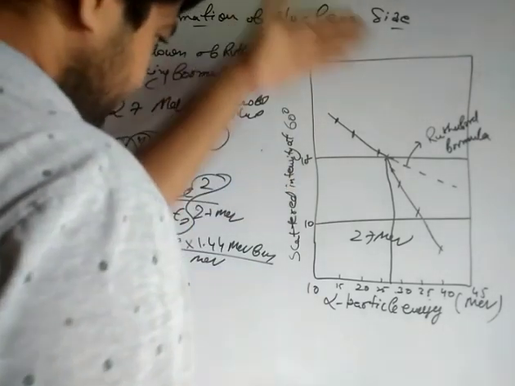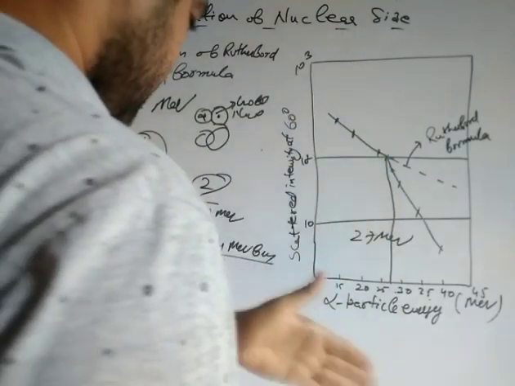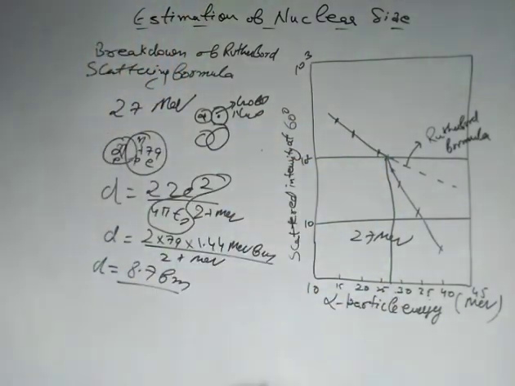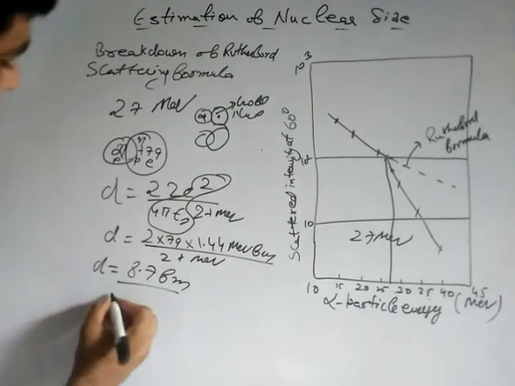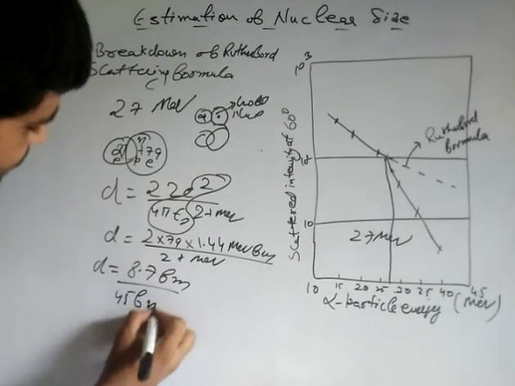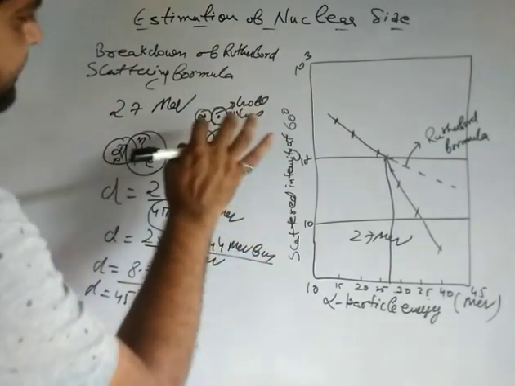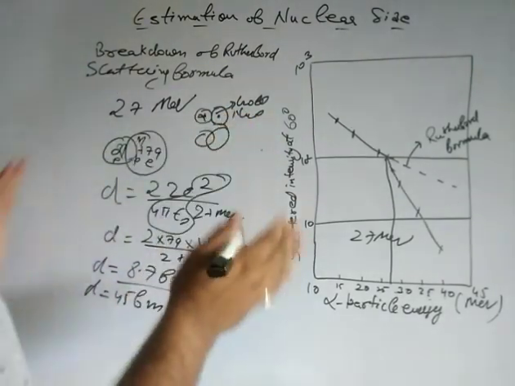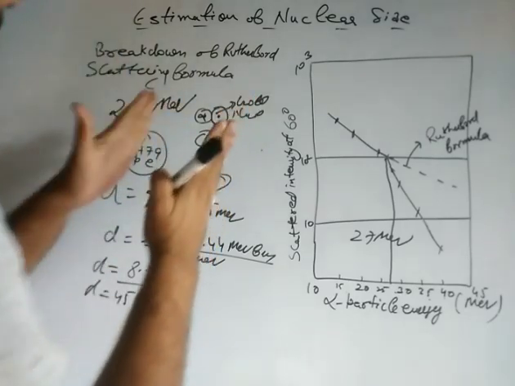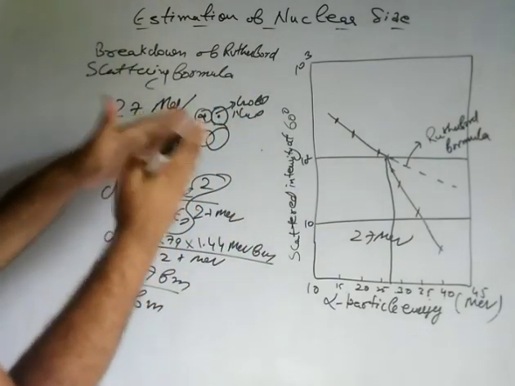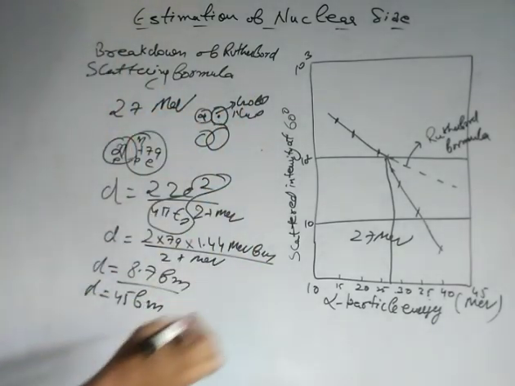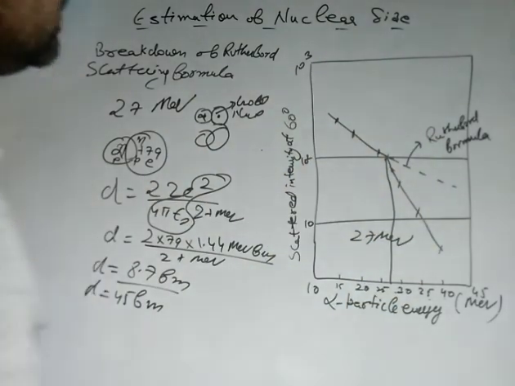In my previous slide, I showed you that it was 45 femtometer. That nuclear size is the upper limit, because in that case the separation between these two is such that the nuclei are not touching, because it is low energy. Low energy means that at that time I had taken the energy equal to 5 mega electron volt.